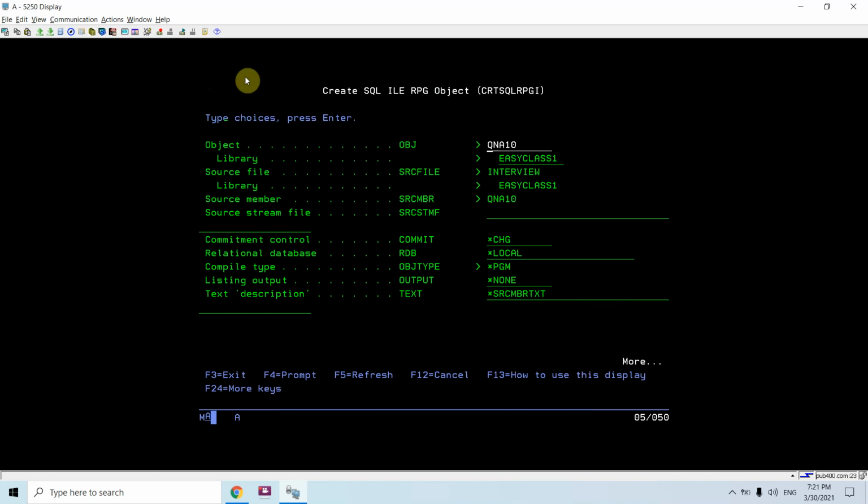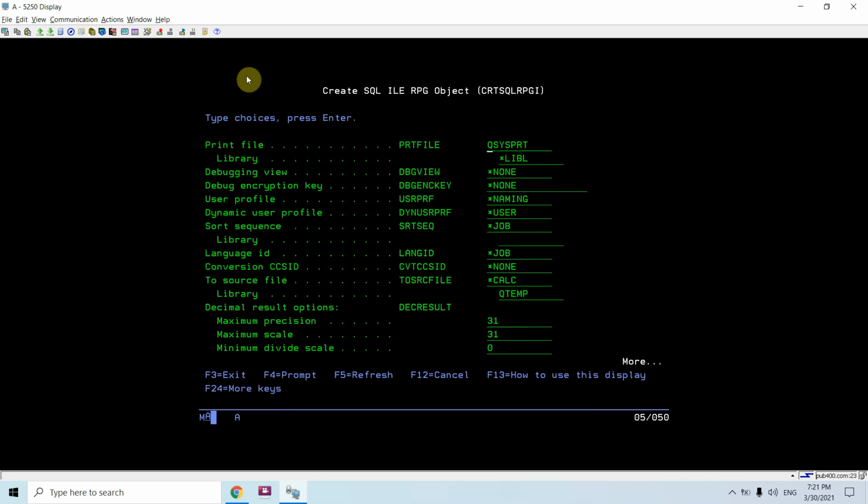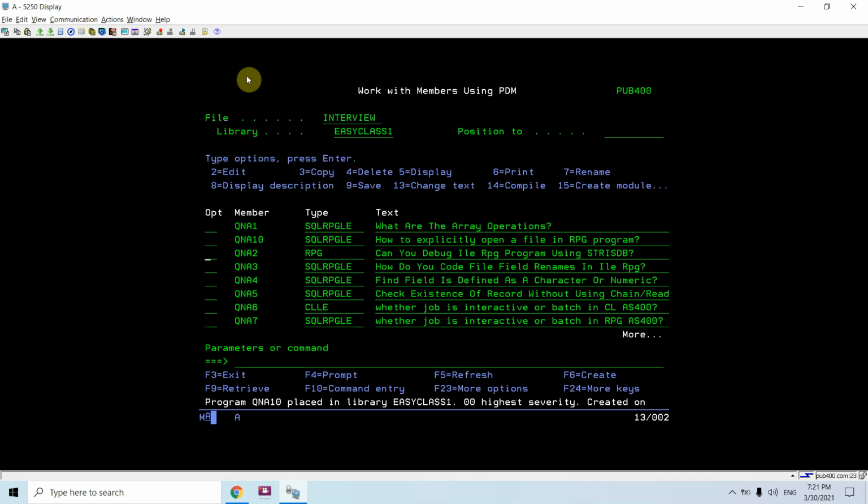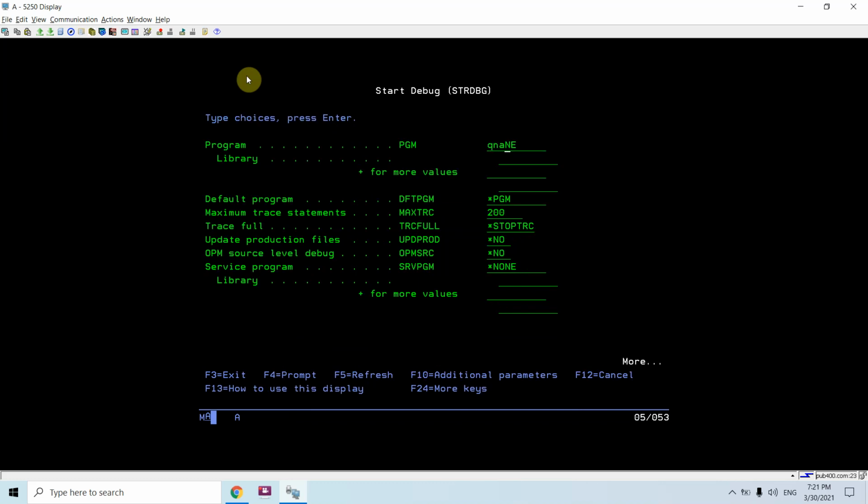Let's compile this. Program gets compiled successfully. Let's debug this.